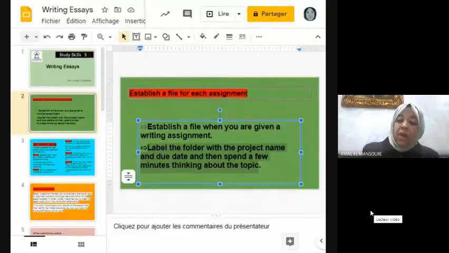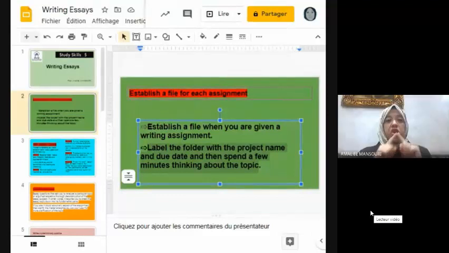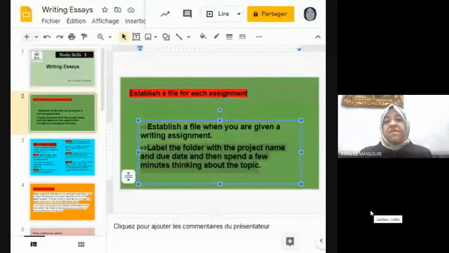Now, how can you plan your assignment? You can make use of mind maps. Last session I gave you a few examples of mind maps, for example a simple chart, a diagram or a Venn diagram, a spider map.